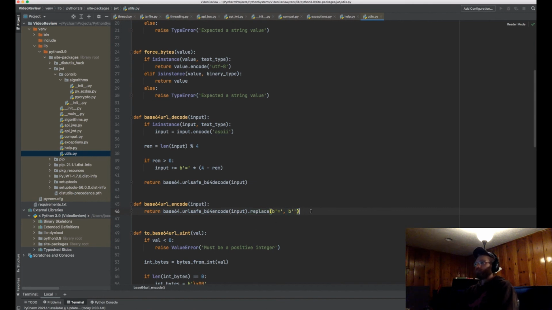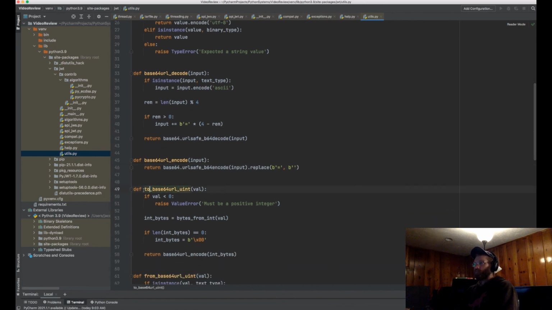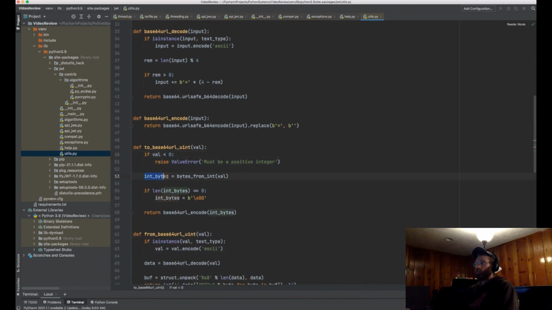Okay. And to base64 URL uint, if the value is less than 0, it must be a positive, raise a value error because it has to be a positive integer. And then basically just use that method we declared, I think, in .compat, and you get your integer in the form of bytes. And then basically, if it's equal to 0, then the int bytes is just set to this